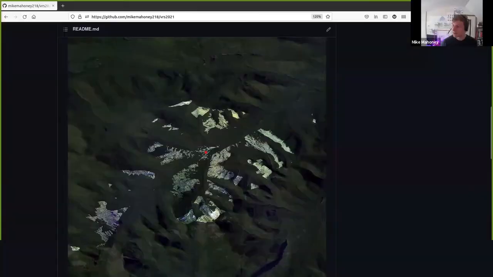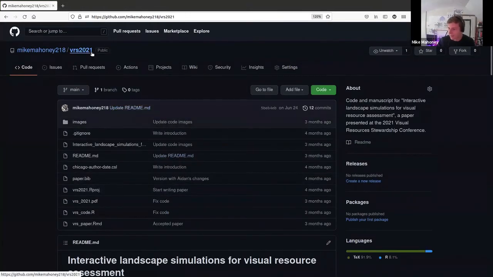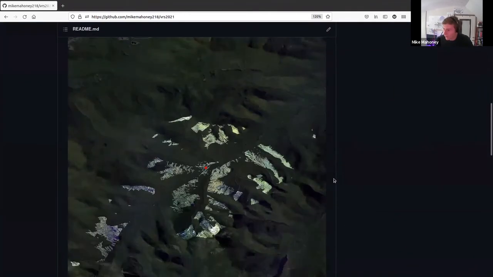So it looks like Eliza is asking a question here about whether it's possible to bring line or point spatial data into Unity and create a tour of the landscape based on those data. Yeah, let me see real fast if I can find, here we are. Sorry, I'm trying to pull up an example. We have a preprint out on my GitHub. You can find it at Mike Mahoney 218 VRS 2021. It's a paper that we're presenting at a conference next month, I believe, where we walk through